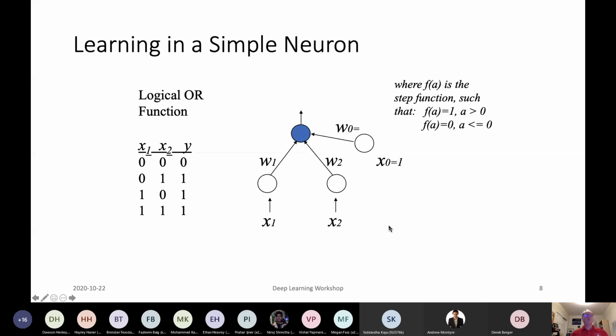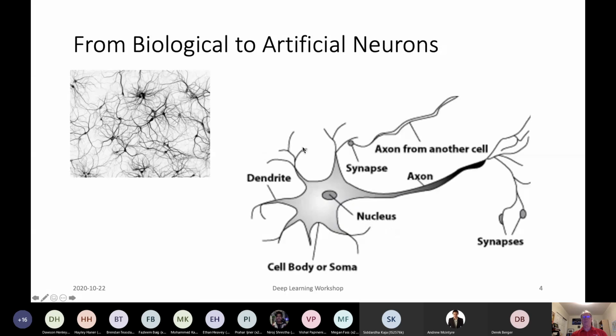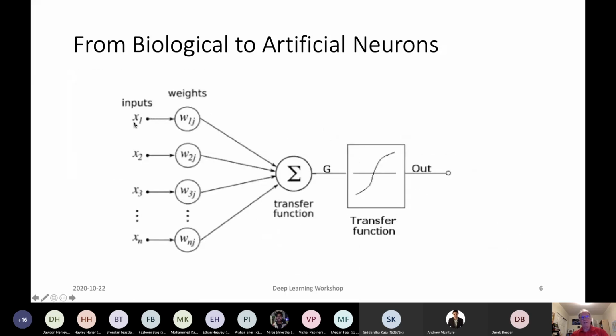Okay, good. So this is our artificial neuron. It's meant to replace this guy. It takes in inputs from other neurons, which are downstream from it. It passes them through connections which have a weight associated with them. What we're going to do is multiply the input times its weight, and then sum up each of those. You might recognize that in matrix algebra as the inner product. So that would be the x vector dotted with the w vector, the summation of each of the products, and then we pass that through some type of a transfer function.